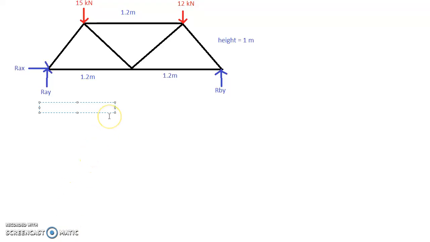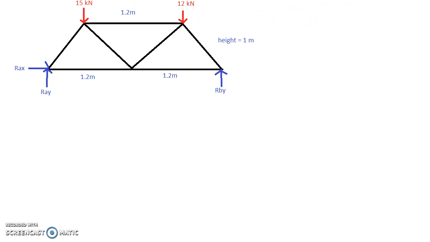Hey engineers, so what I'm going to do in this video is some truss analysis from the beginning to the end. I'm going to run through everything from start to finish, including calculating the reactions. All right, so let's go ahead and make a start straight away, and I'll try and write down the